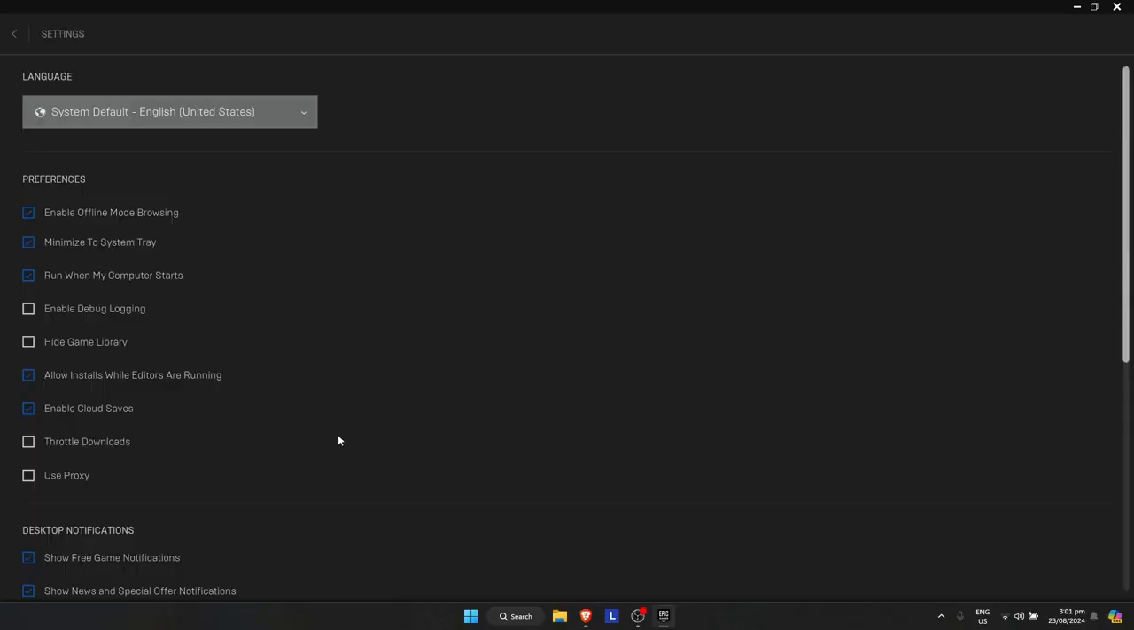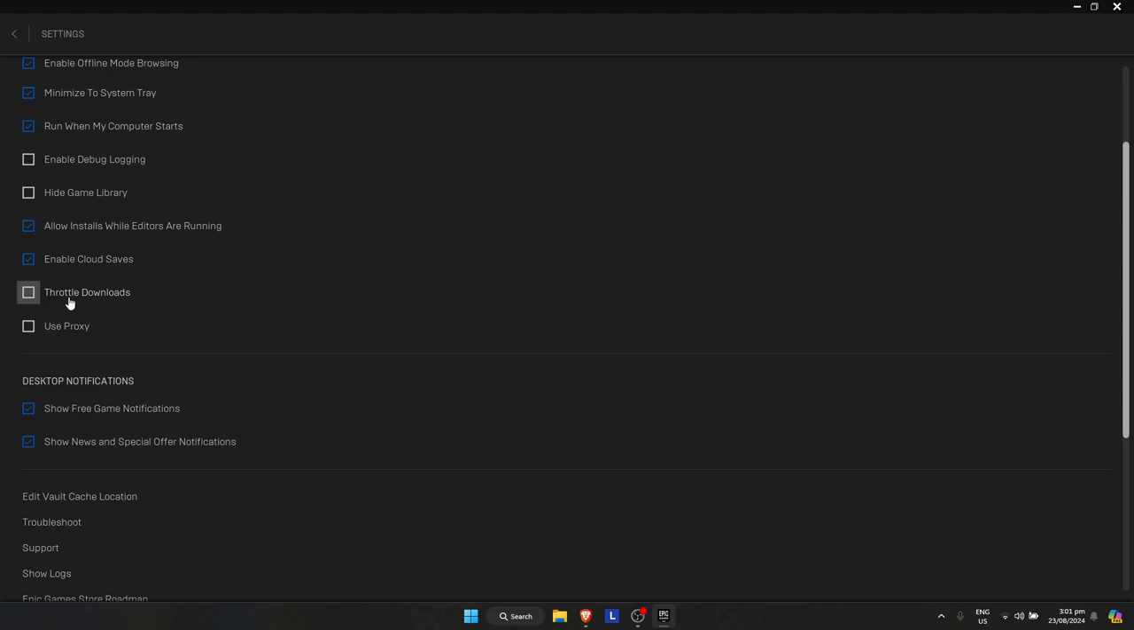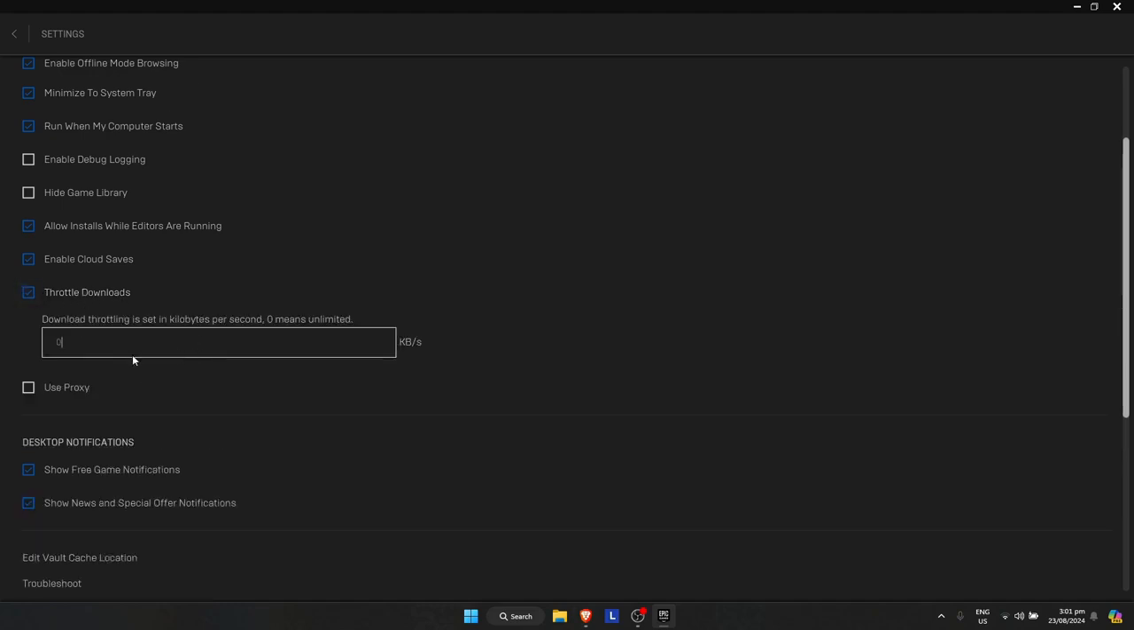Once you're there, you simply need to scroll down to see throttle download, so simply click on that. And now, as you can see, download throttling is set in kilobytes per second, so 0 means unlimited. So if you want to set it, let's say 100 KB or maybe 1000, which is technically 1 megabyte or